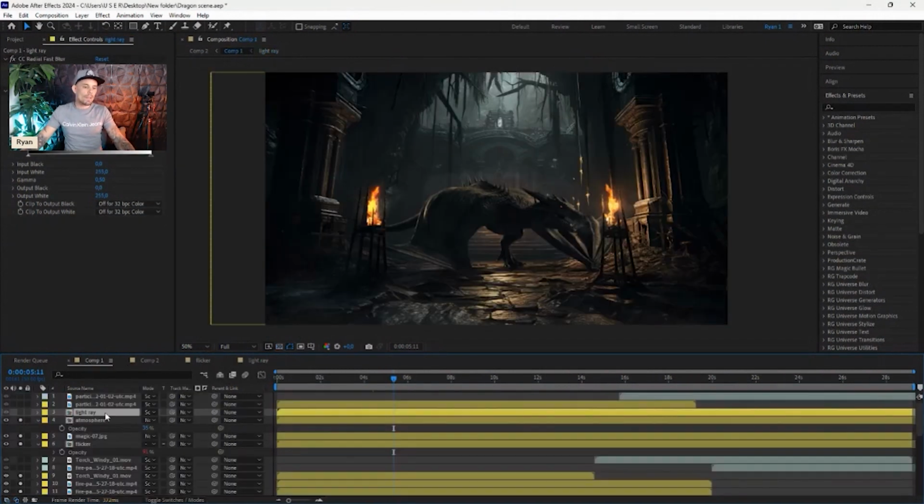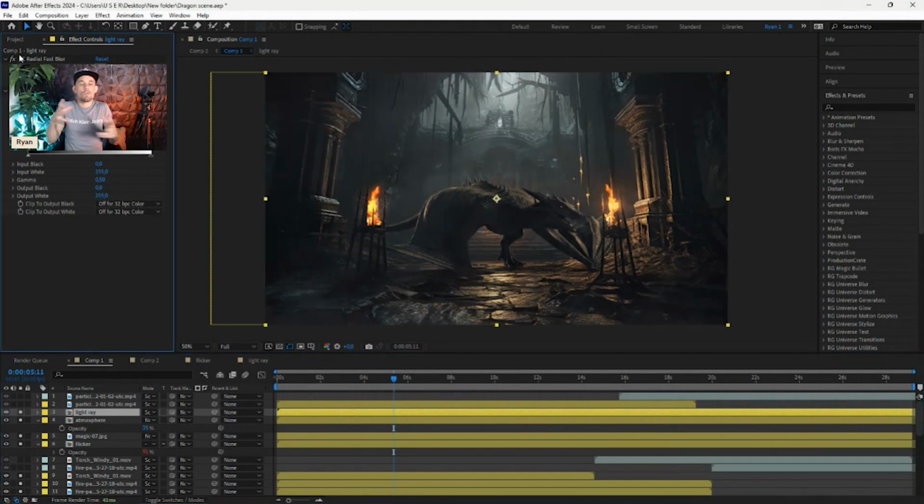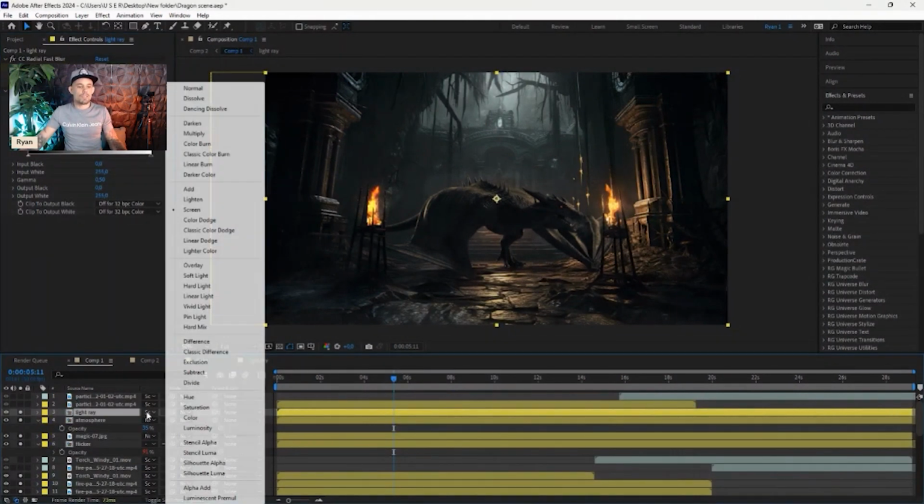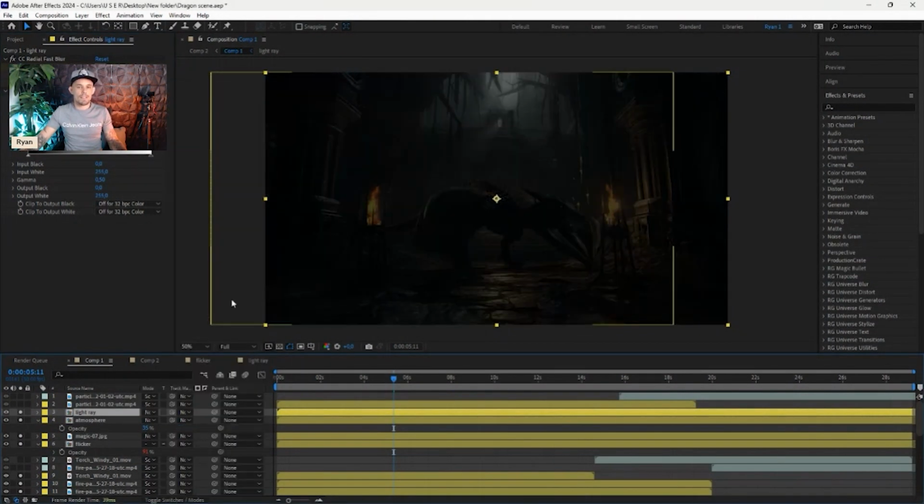I pre-composed it. I then added a radial fast blur. Here we go. As you can see, that was too much. So I brought in a levels, crushed it a little bit, and that made it subtle, and I lowered the opacity a little bit and changed it to a screen blending mode. As you can see, normal,